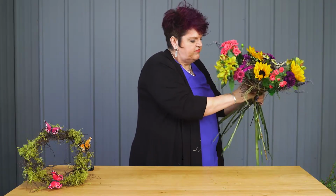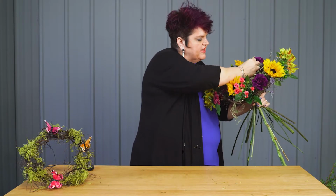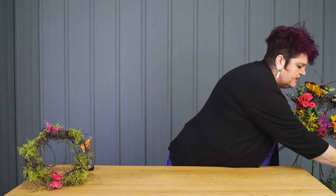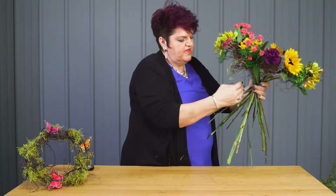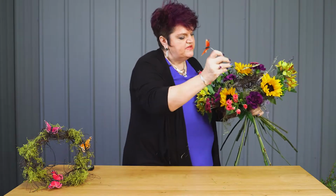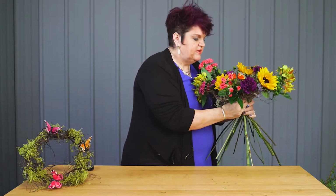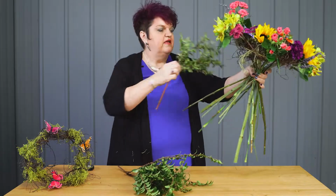Butterfly is the symbol of rebirth, and so we are emerging out of everything that's been happening, and it's a great time to really add that fun aspect and animate your designs, adding that element of the butterfly. Lastly, one of the greens that I've been enjoying using lately is Huckleberry, and it gives a little